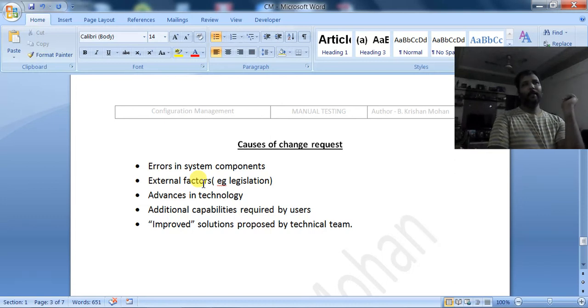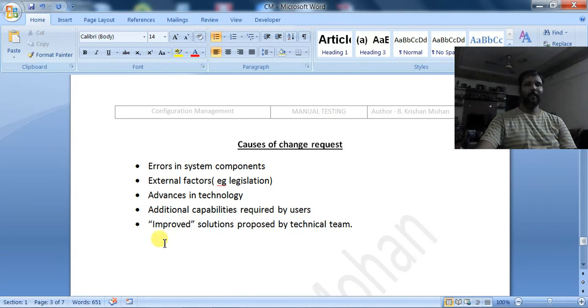At present user one has access only to the first module. Now the customer wants that user one should have access to all the modules. That is the change in the requirement. That type of change can also be given. That is the additional capabilities required by the user.